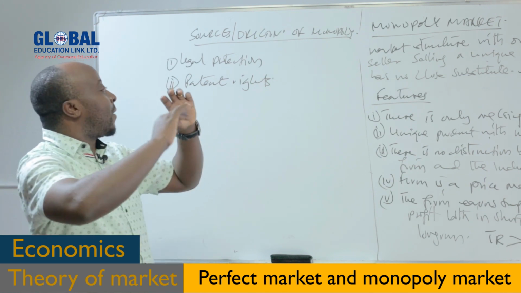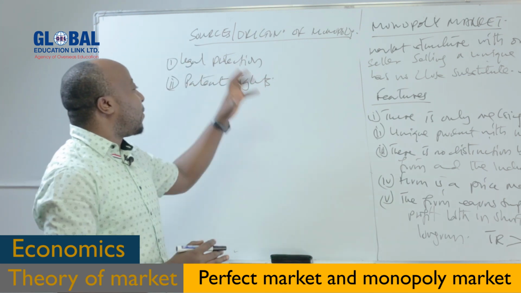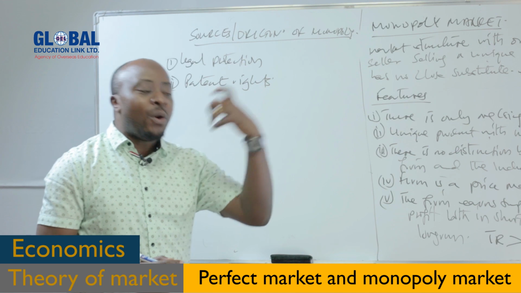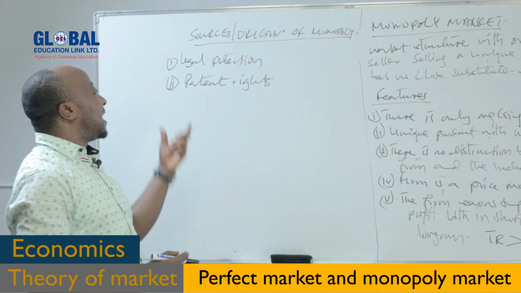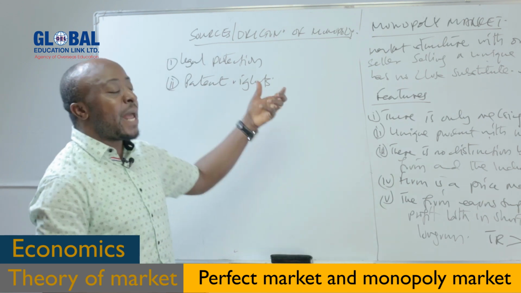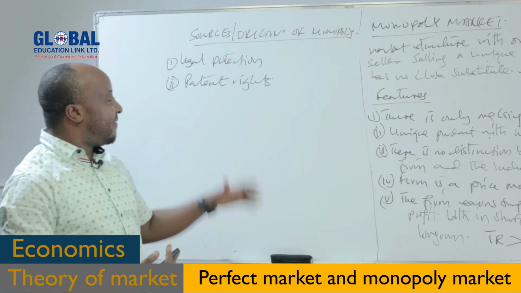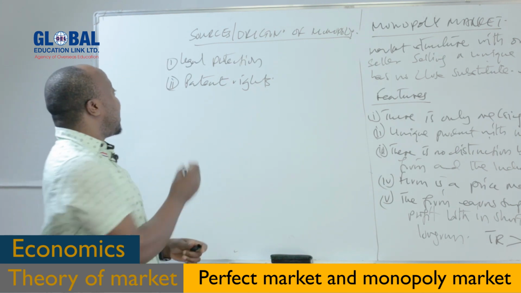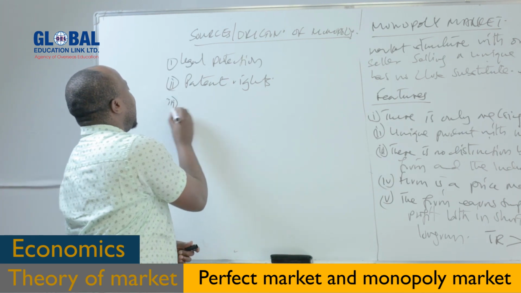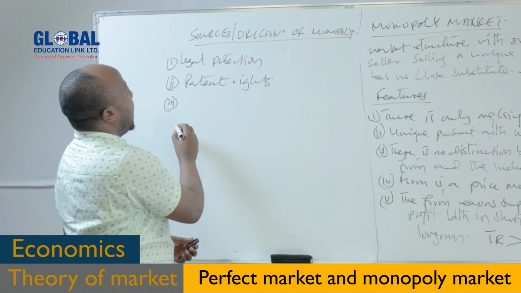So it means Coca-Cola has a patent right of producing and supplying Coca-Cola, of which no other individual, no other country, no other firm can have that right again of producing and supplying Coca-Cola. That is patent right. So some firms exist because of patent rights. Number three, the source, we say, is this one called the